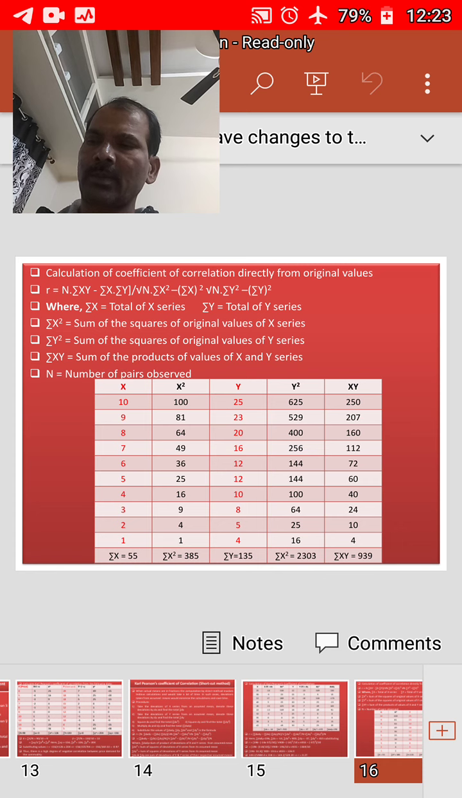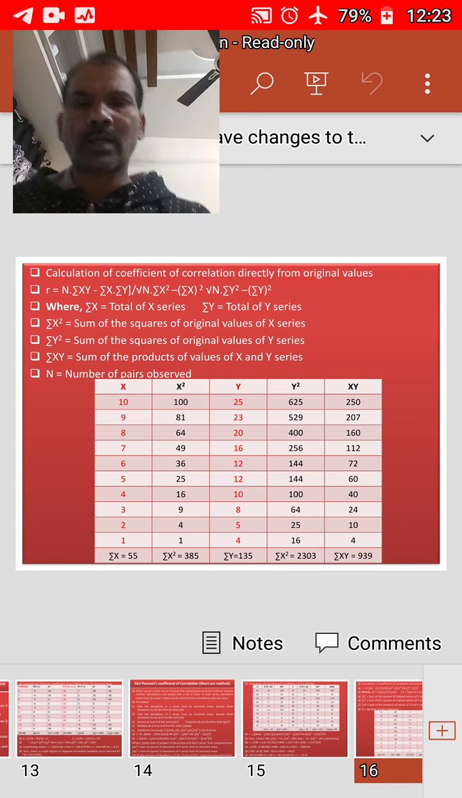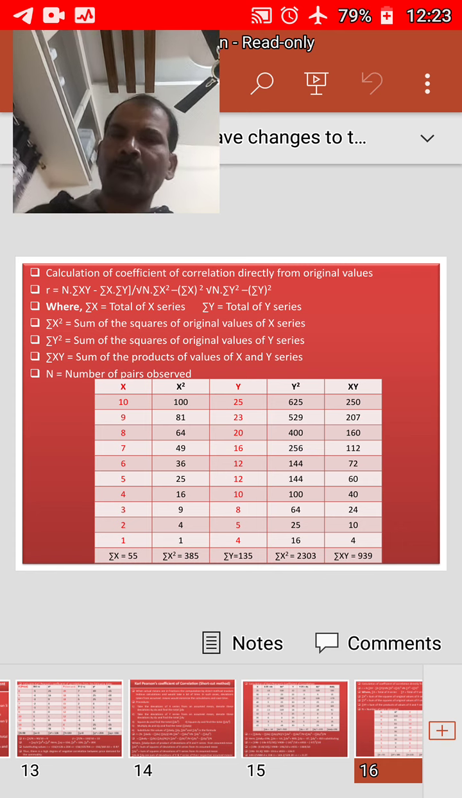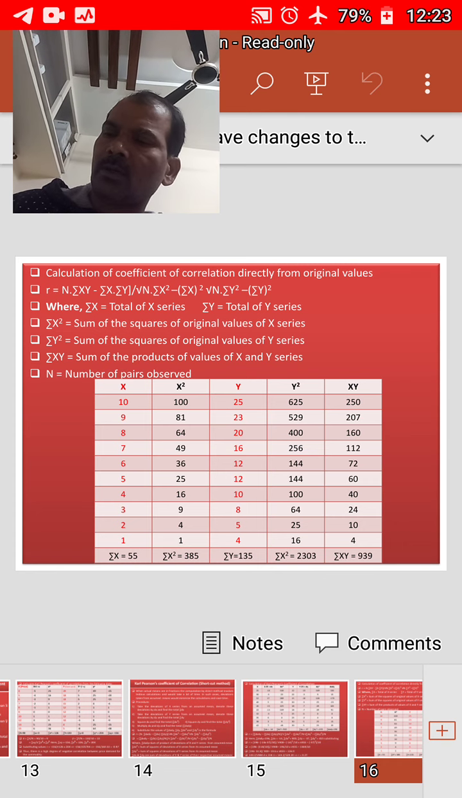We'll consider one problem here. It is given that x is equal to 10, 9, 8, 7, 6, 5, 4, 3, 2, 1, and y is equal to 25, 23, 20, 16, 12, 12, 10, 8, 5, 4, and this is given. This is shown in red color in the PPT, and we need to calculate x square, y square, xy, where